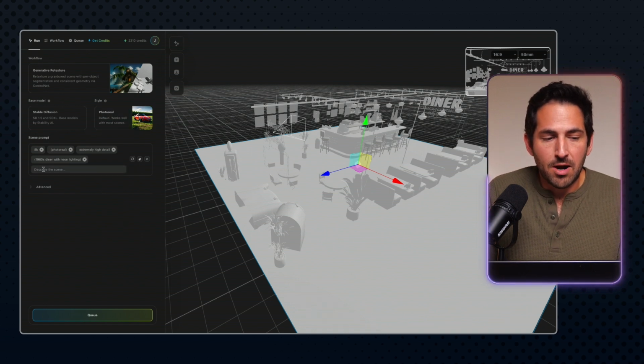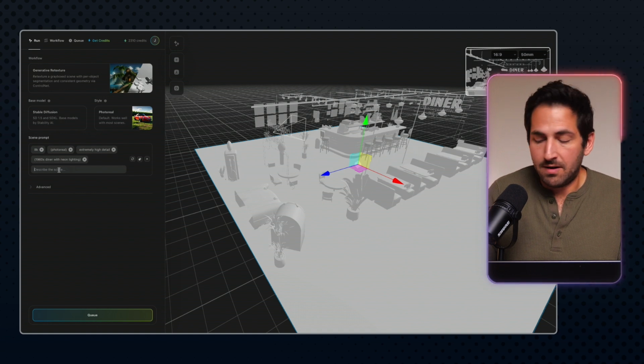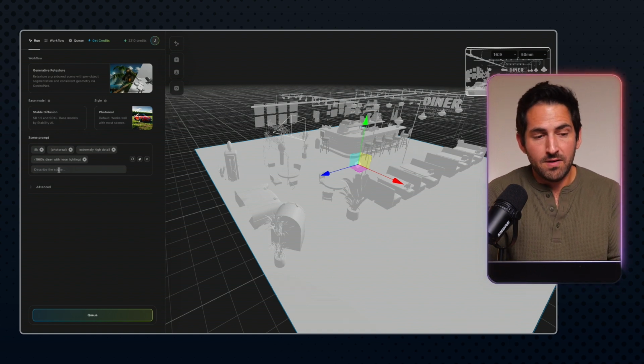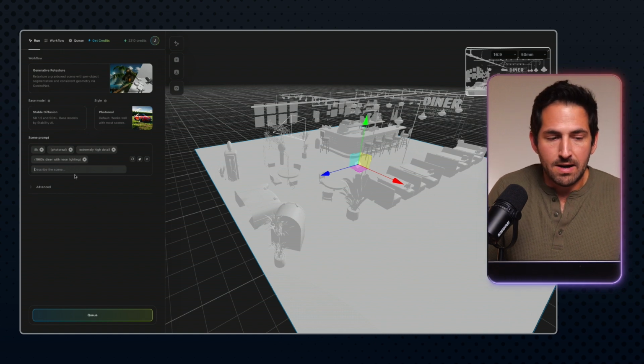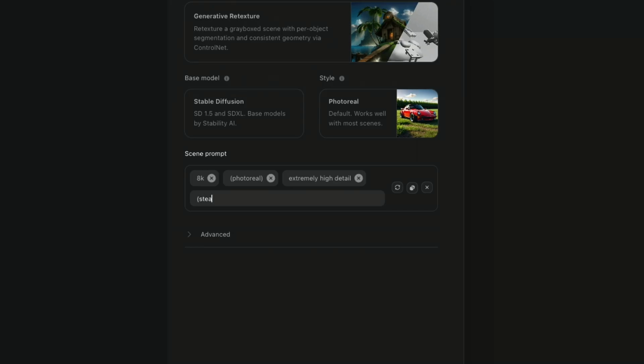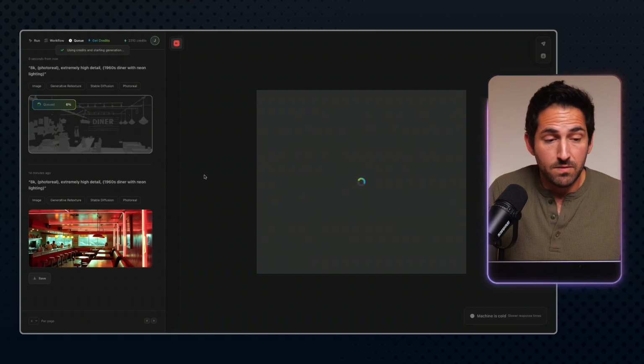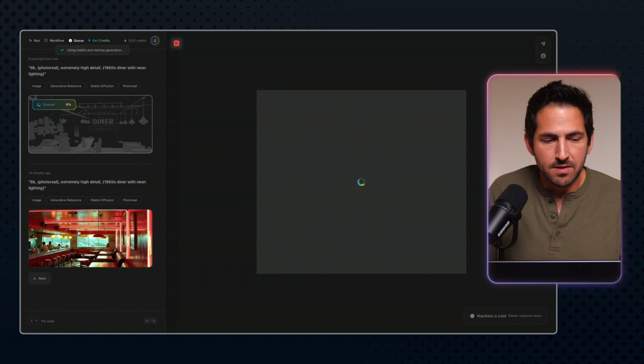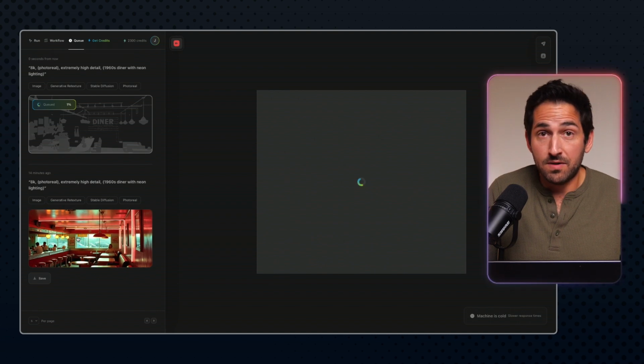And then we have our scene prompt here. So this is what it defaults to. Anything in parentheses means that it should get extra weight or extra emphasis. And so I'll just leave it at the default right now with the 1950s diner. Or actually, no, you know what? I will change that to the steampunk diner. And then I will hit Q and it will render or generate, I'm old school, but I keep calling stuff rendering. And this is a previous image that they have as a sample that used that default prompt of